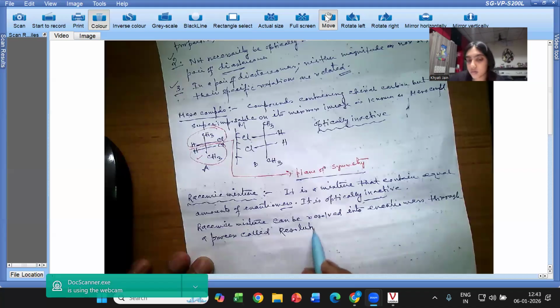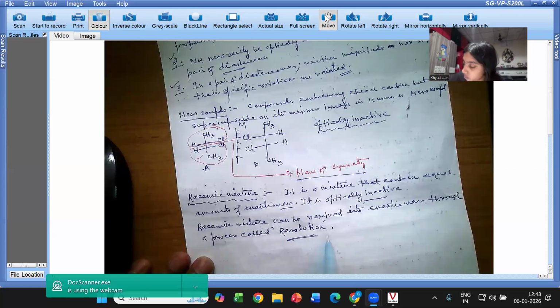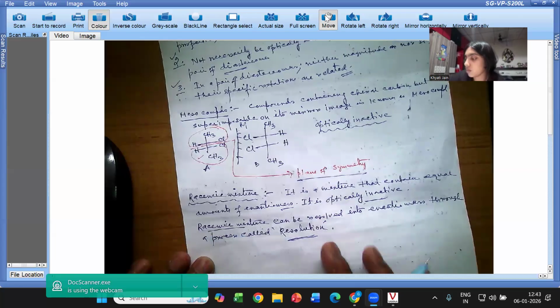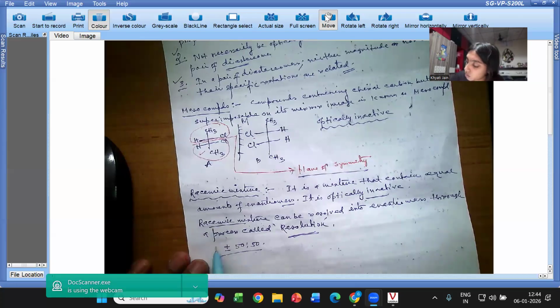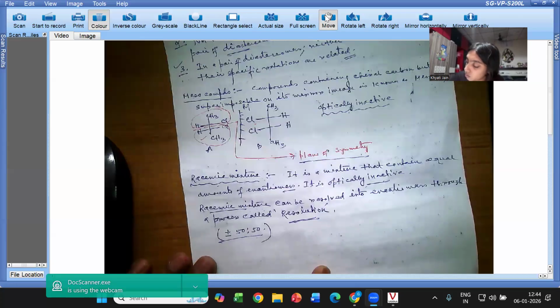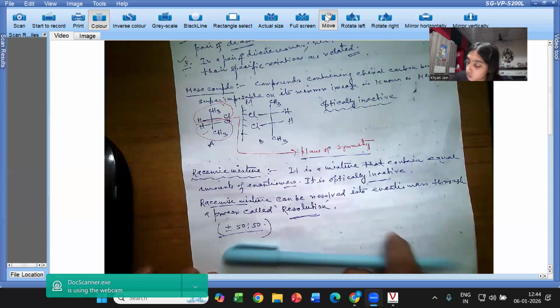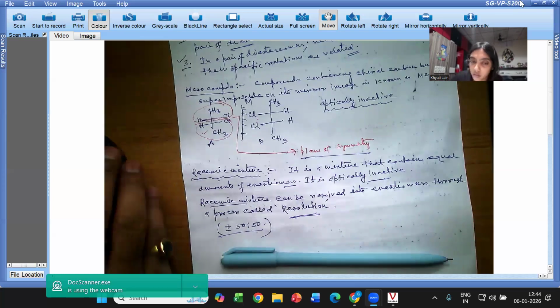This racemic mixture can be separated by a process called resolution. There you write plus minus, 50-50. 50% of one isomer, another 50% of the other isomer. And this process is called